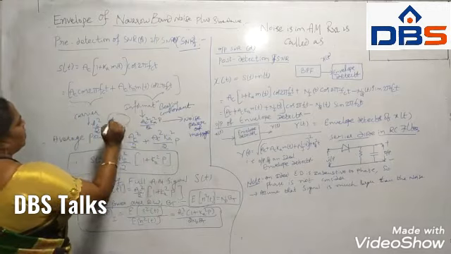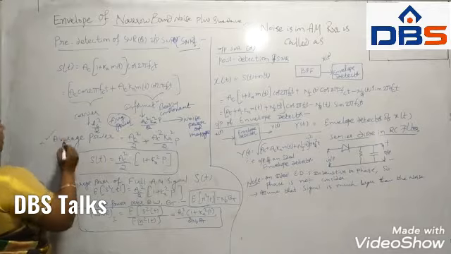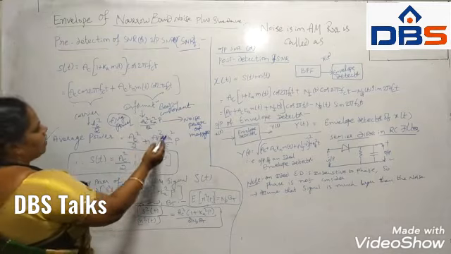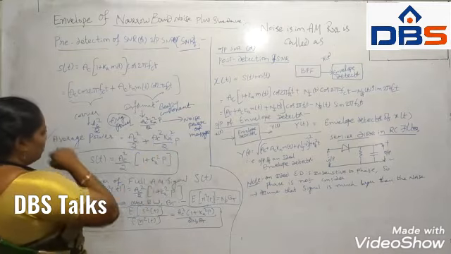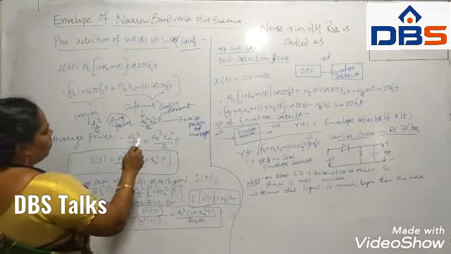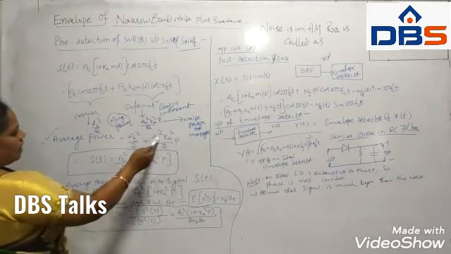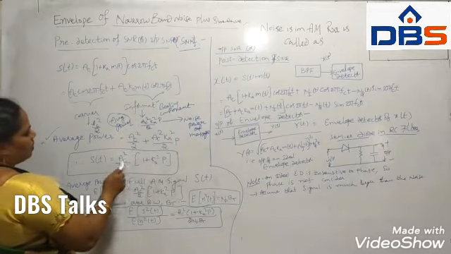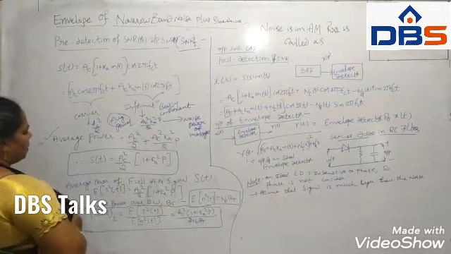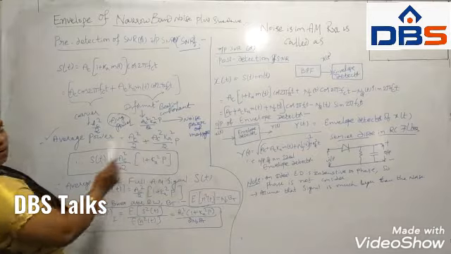So we can calculate the average power. The average power is equal to AC square by 2 plus AC square Ka square by 2 into P. Here we can take the common term: the 1 by 2 is common and AC square is also common. So AC square by 2, and the remaining terms are Ka square into P. So that is, S of t is equal to AC square by 2 into 1 plus Ka square P.